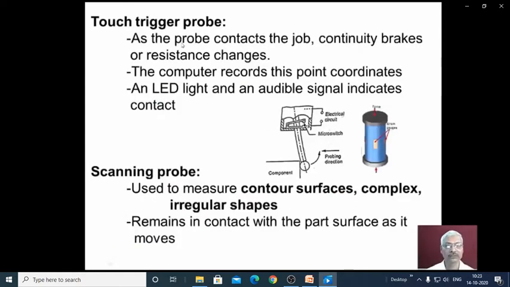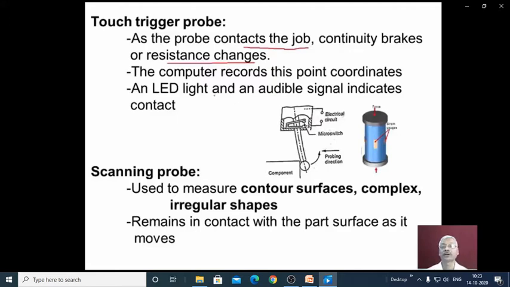Now, in the case of touch trigger probe, as the probe contacts the job as shown here, the continuity breaks or resistance changes. If it is a probe with micro switch type, the micro switch gets opened and a signal is sent to the CMM software.